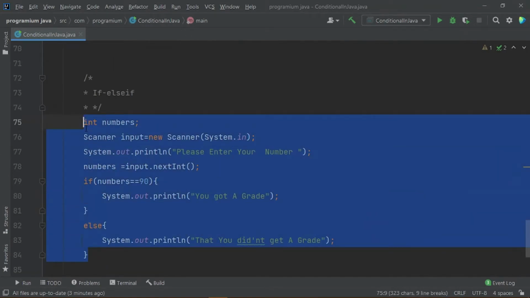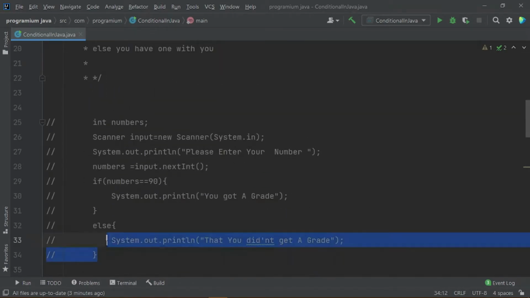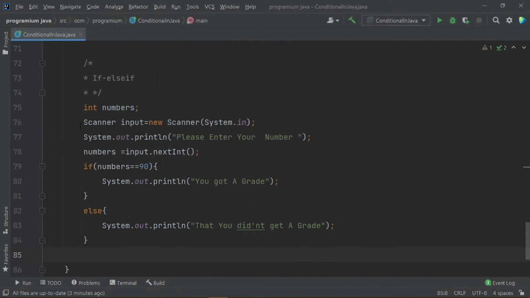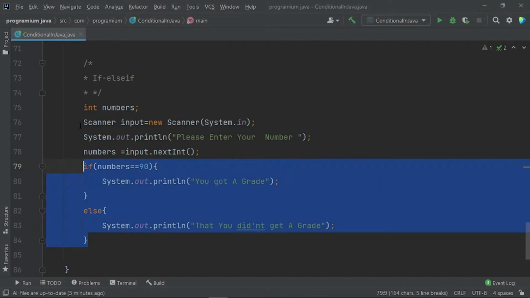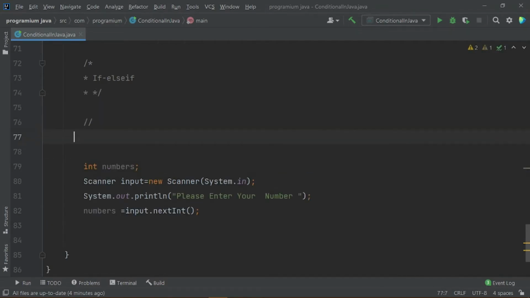Guys, I have copied these lines from this if else condition because we are modifying this program here. Let me erase all these contents and tell you the mission of this program.